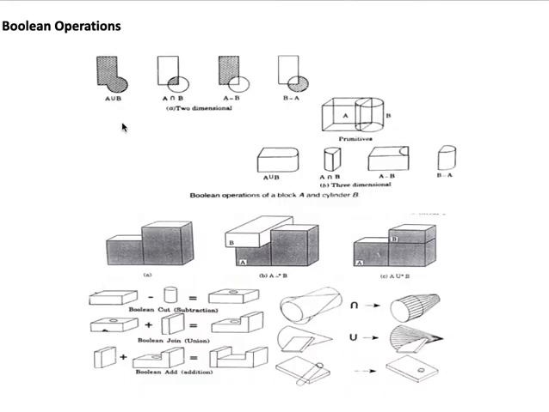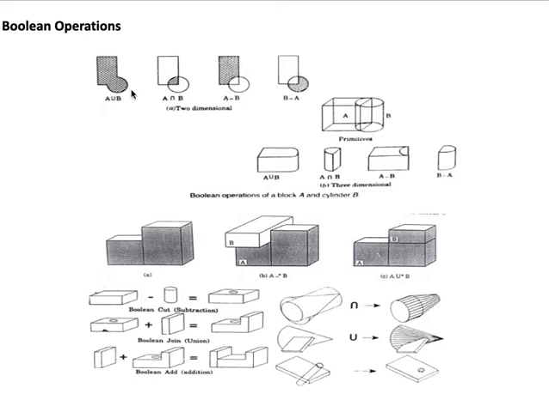So we can combine two instantiated and perhaps transformed primitives into one with union, intersection, and subtraction operations, and these operations are called Boolean operations. Given two sets A and B, the union consists of all points from either A or B. The intersection consists of all points in both sets,